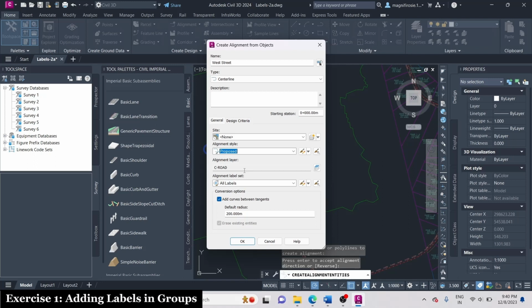stations and Start-End points. On the Labels tab, in the Geometry Points row, in the Style column, click. In the Pick Label Style dialog box, select Alignment Start. Click OK. In the Alignment Label Set dialog box, in the Geometry Points row, in the Geometry Points to Label